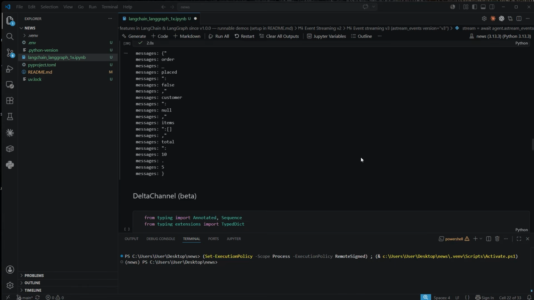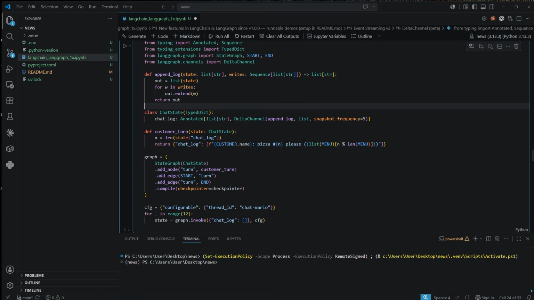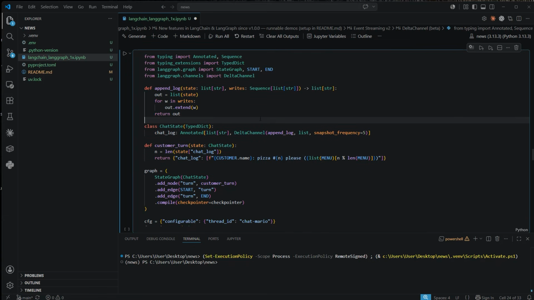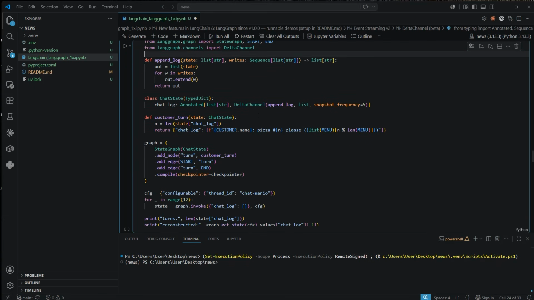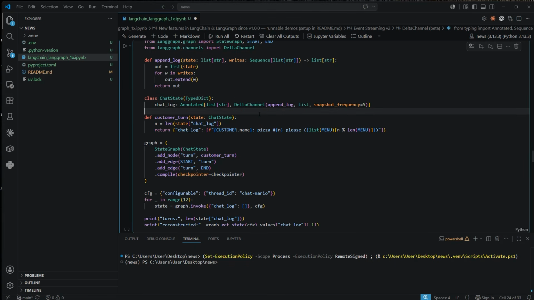Okay, so the next feature that we're going to have a look at is the delta channel. What is a delta channel? Sounds quite mysterious, but it's actually quite easy. What do we have here? This is just a dummy graph that writes a lot of stuff in a specific attribute of our initial state. We've got our chat state, which is this TypedDict, and we append a lot of stuff to this chat log. So this delta channel is a channel type that writes only the per-step diff into the checkpoint